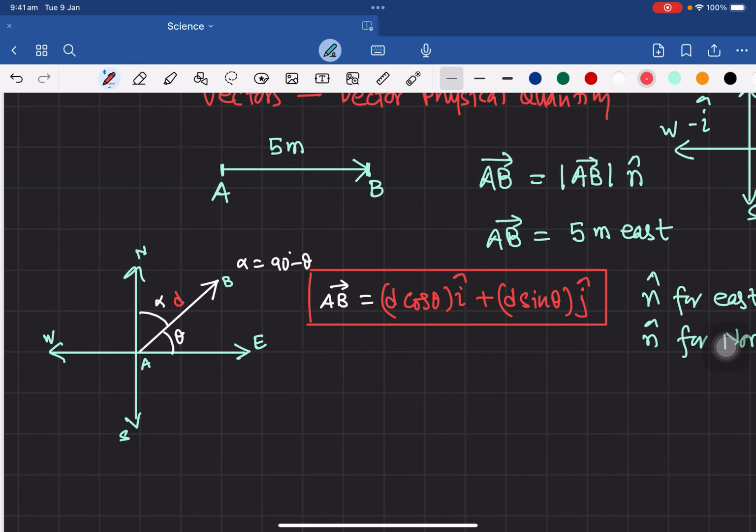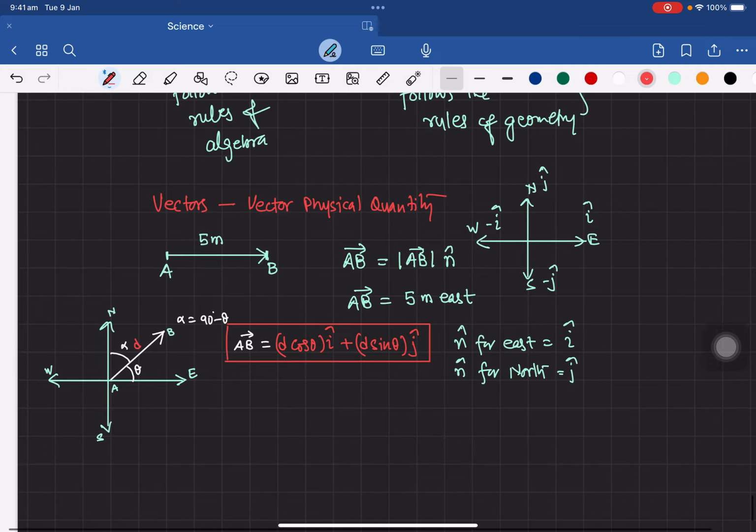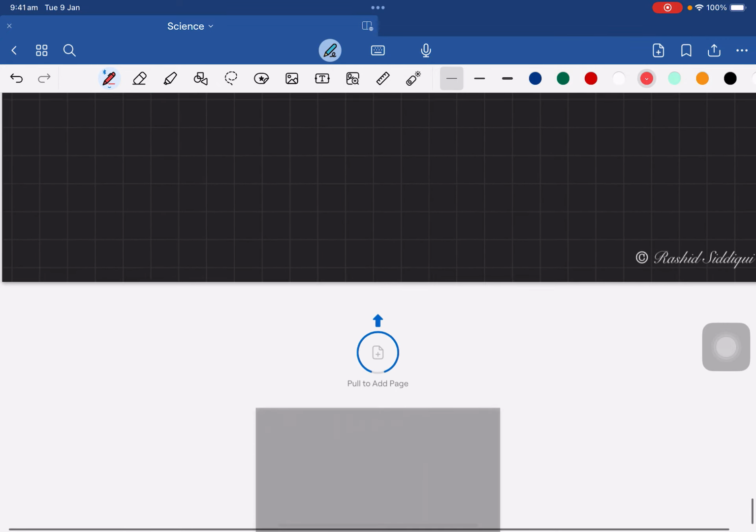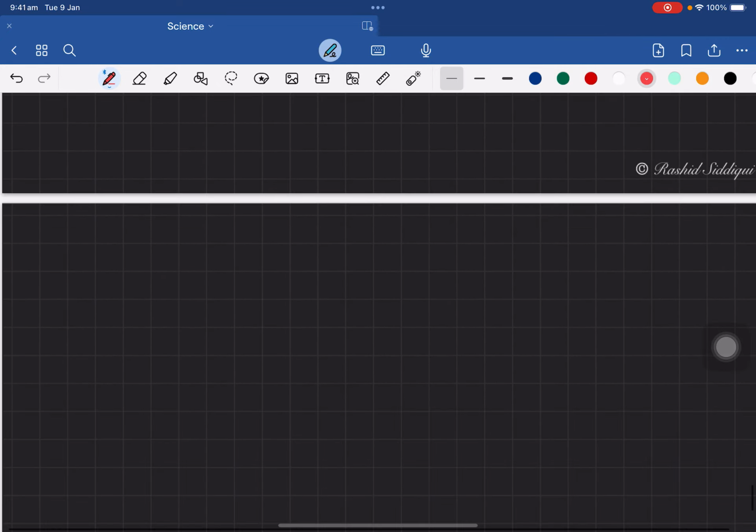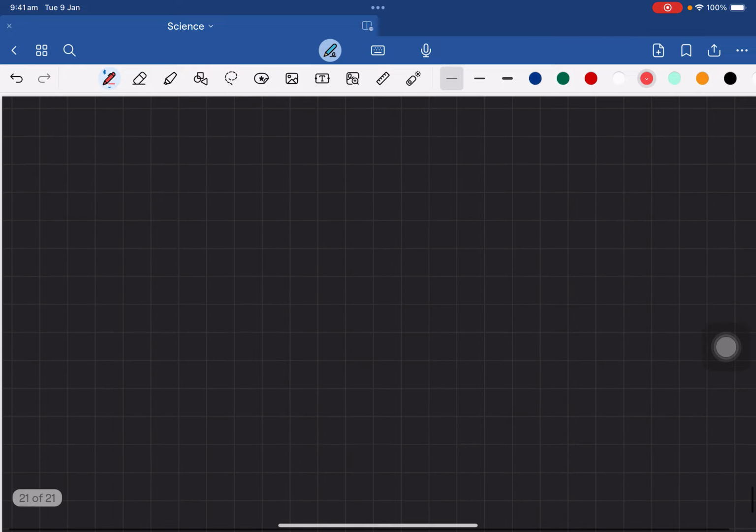Clear? Now what we are going to do today is add two vectors. Let's suppose this is a vector AB and this is a vector CD. So there are two ways of adding the vectors. One way is